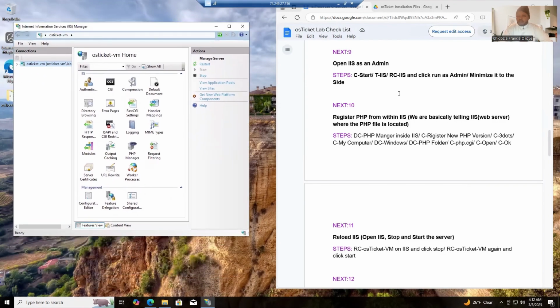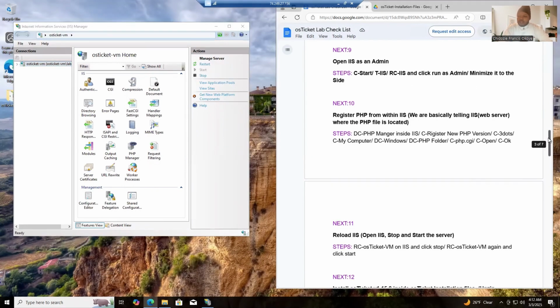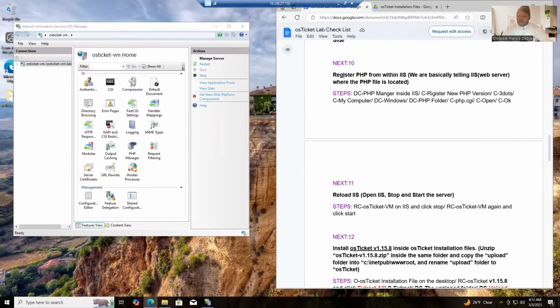So after 9, we've opened it and then we'll move to 10. 10 says register PHP from within IIS. We're basically telling IIS, which is our web server, where the PHP file is located in this prompt that we're going to do right now. So what we need to do is tell IIS where this PHP file